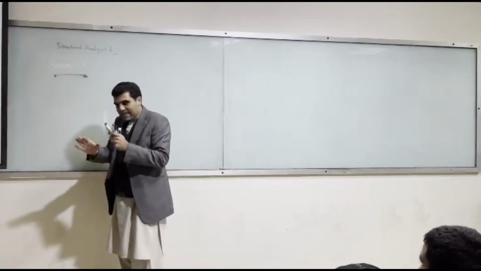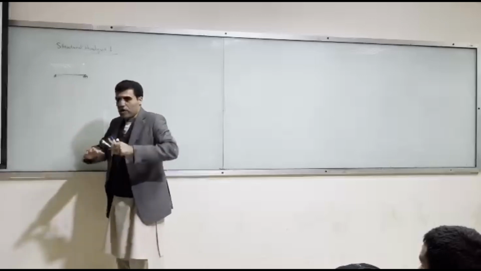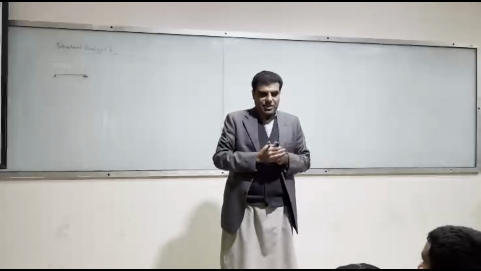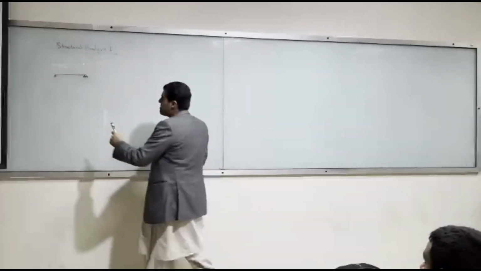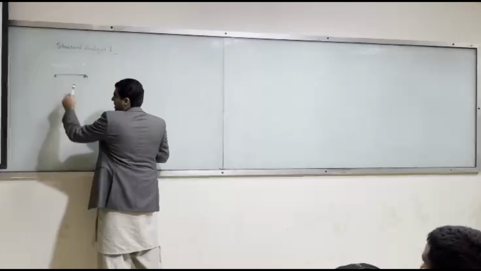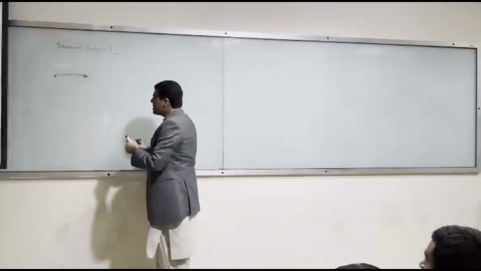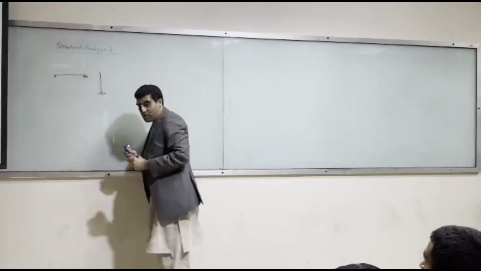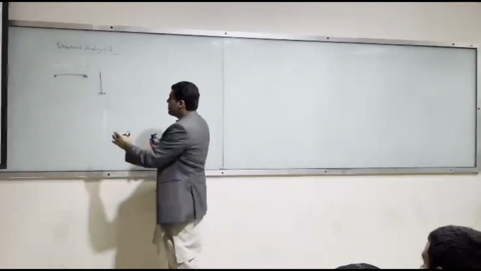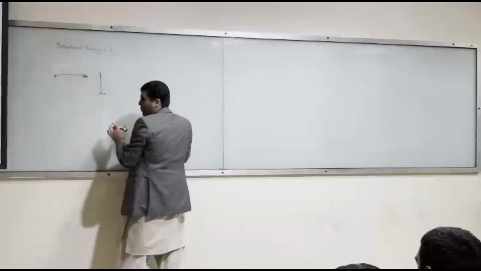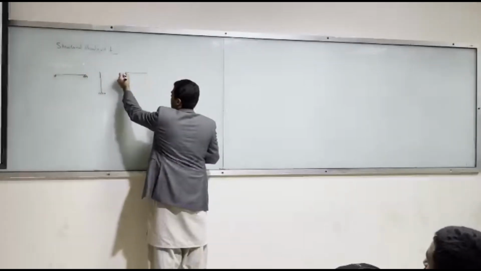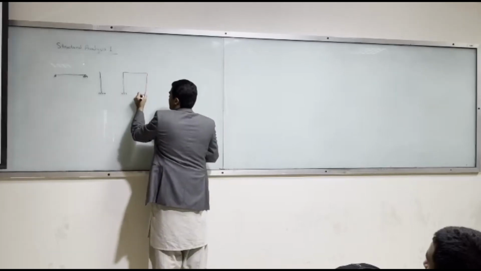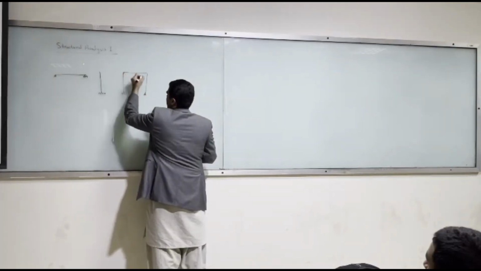Now after this beam, you assemble different beams, and you can get a more complex structure. A simple horizontal structure is a beam. A simple vertical structure is a column. And if you join this one and this one, what do you get? A frame structure. And you can give any support to it.